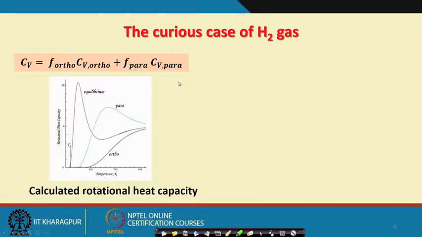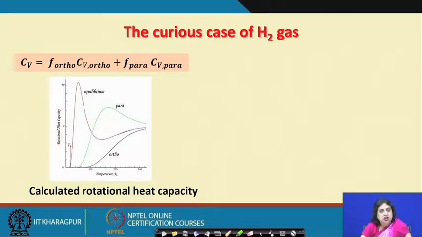And if I do that, then these are the results of the rotational contribution to the overall specific heat of the hydrogen molecule. So, what you have here at a given temperature T, a low temperature T, then we